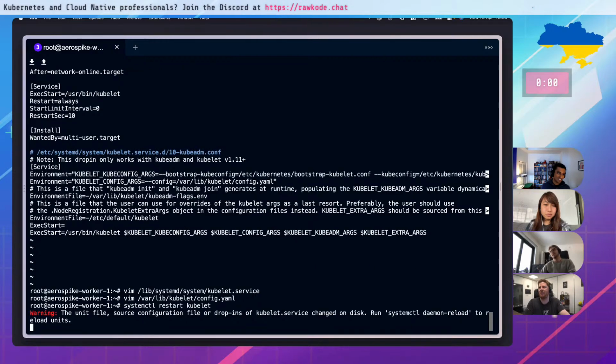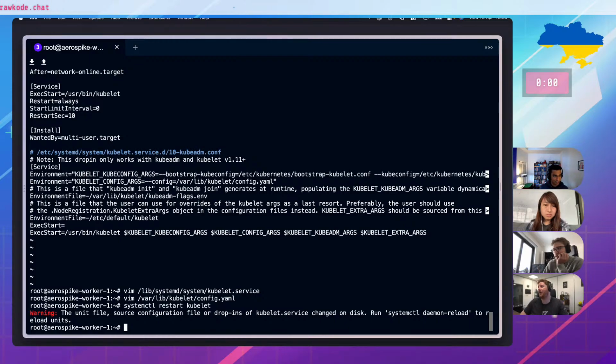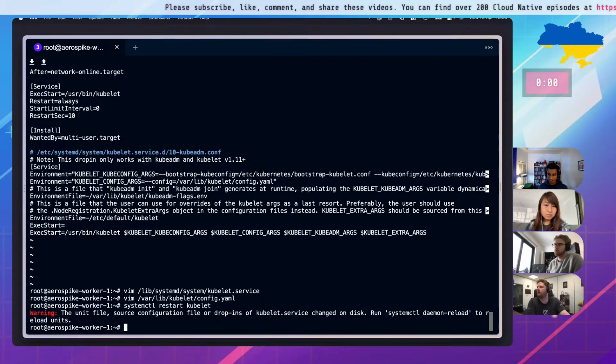All right, our time is up, but we're close. So let's see this through. Oh yeah, Marek's saying it's also a systemd config. Yeah, thanks for that. You'll need to do a daemon reload because we modified the units file.